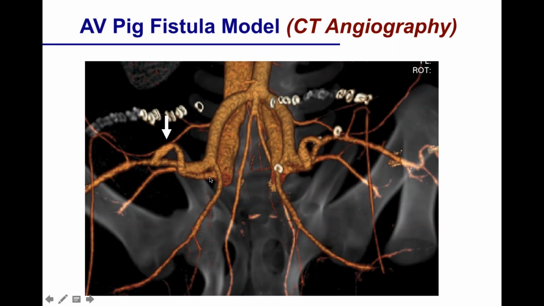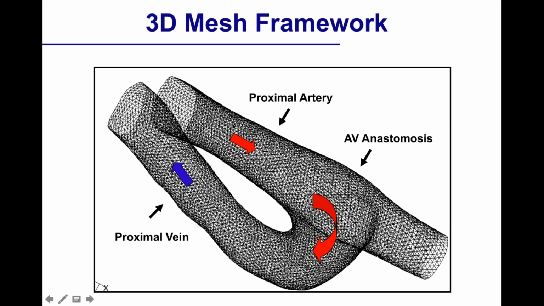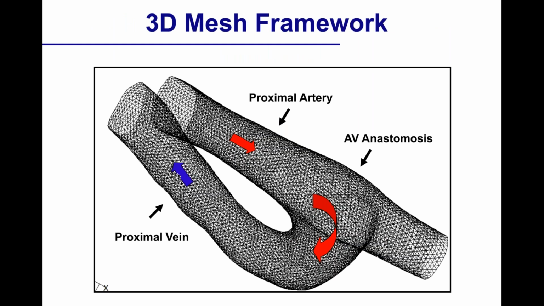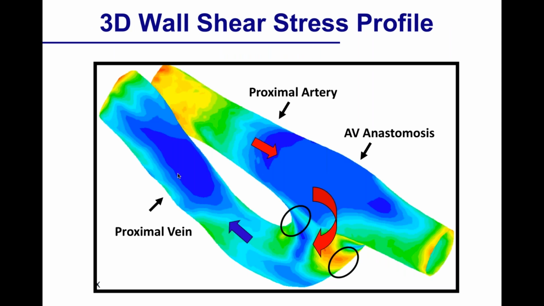get obviously a CT angiogram, but this could then very quickly be converted, as you can see over here, into a three-dimensional mesh framework of the fistula. Just to orient you, this is the proximal artery, the anastomosis, and the venous segment. We then did an ultrasound of the fistula to get a value for flow. We plugged the flow into the three-dimensional mesh framework, and that allowed us to develop a three-dimensional wall shear stress